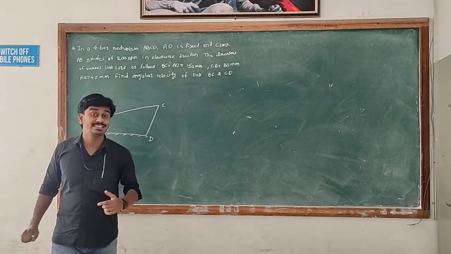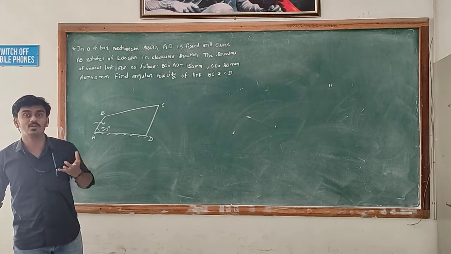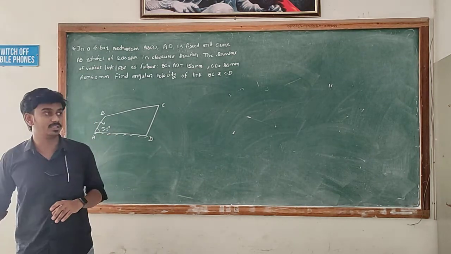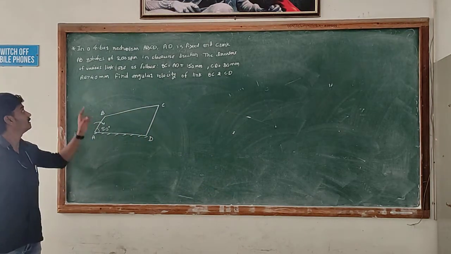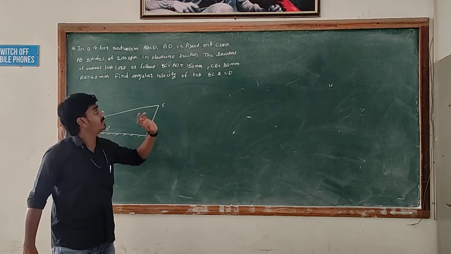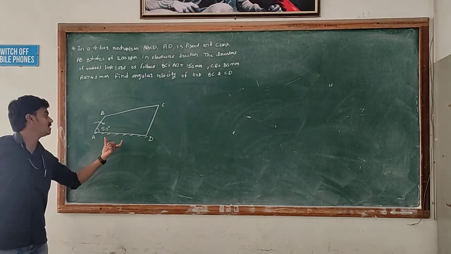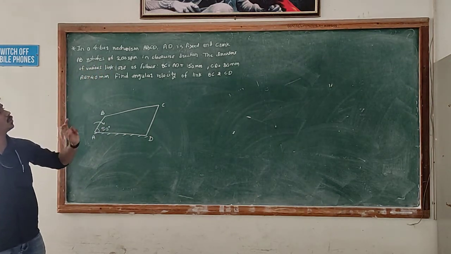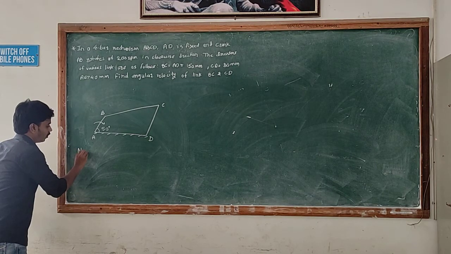Students, in today's session, we will solve some numericals to find out the velocity of the various links of the mechanism by using the relative velocity method. Here is the statement of the numerical: in a 4-bar mechanism ABCD, AD is a fixed link, and crank AB rotates at 200 rpm. This is the speed of AB.